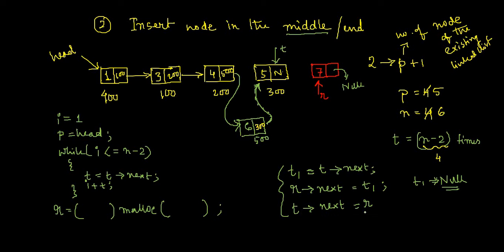Yes, it should be because it is going to be the last node. Then I have written T next equal to R. So what is T? T is this one. And now T next will be equal to R. R is pointing to this node. And suppose the address of this one is 600. So that means this null will be replaced by 600. And this node can now point to this last node. Now see, if I'm trying to insert the node at the end, then also with the same set of code, I'm doing the same thing.